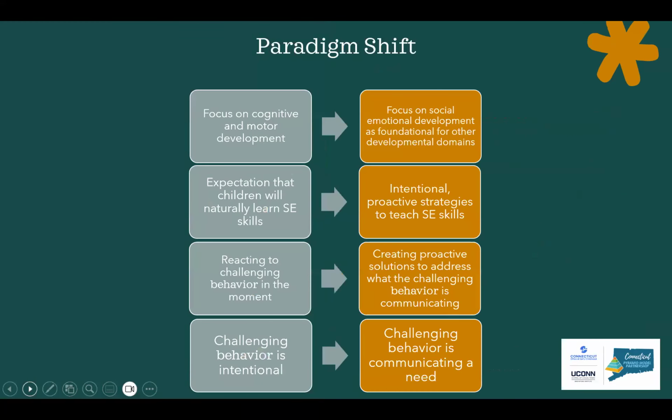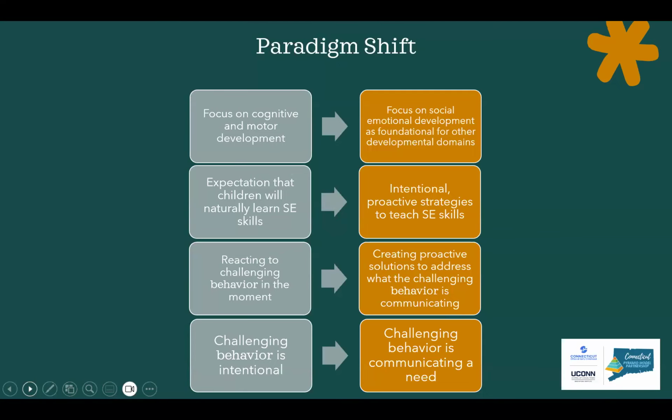Many things, including the key takeaways from the pyramid model trainings, is that what's really introducing a paradigm shift. So what you see in the sort of lighter gray boxes on the left is sort of a more traditional or classic way that we think about young children's development, and within home and family and educational settings. And the orange boxes on the right is the paradigm shift or the new way of thinking when you apply a pyramid model lens to the work. So I'll just walk you through those.